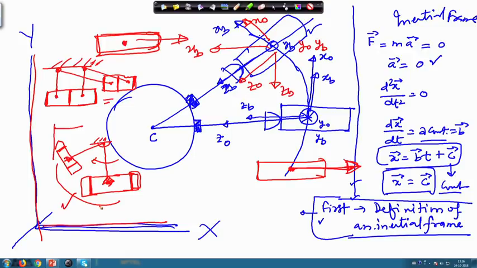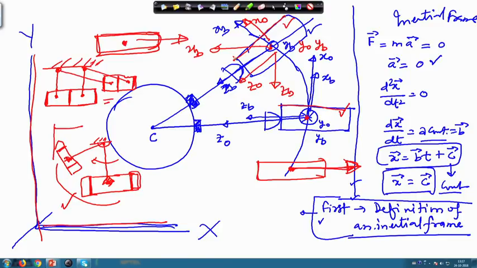There can be a combination of rotation and translation, which happens in the case of the satellite and in the case of the aircraft. If you are pointing it inertially, then it is a purely translational motion, while if you are trying to point toward the center of the earth, then there is a rotation involved. As you can see, this is rotating from this place to this place, its orientation has changed, and the translation is also involved, because this coordinate and this coordinate in the inertial frame are different. So, the translation has taken place from this place to this place, and also the rotation has taken place, where this line has changed its orientation to this line.